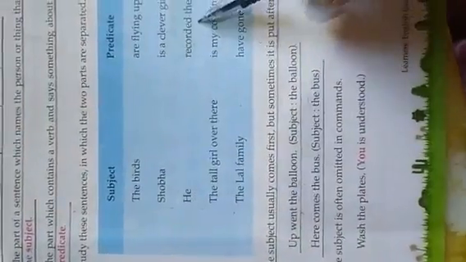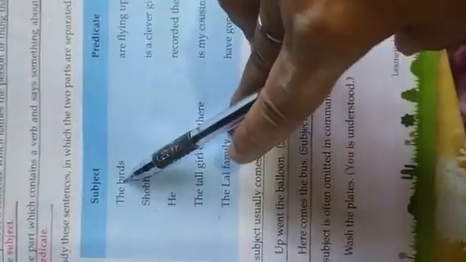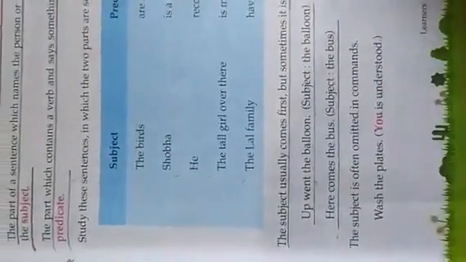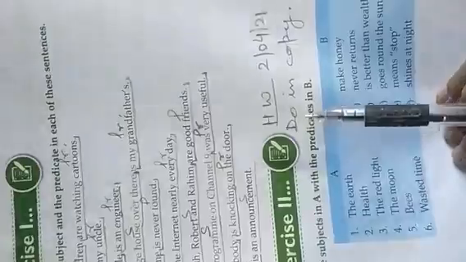But there are certain exceptions when the predicate can come in front and the subject can go at the back also. But these are exception cases, and we only have to learn that the noun and pronoun, the doer of the action in a sentence, is the subject. The receiver part is the predicate. So this is all. Here we had an exercise, this one, where you have to join the correct column with the subject and the predicate. So this all we have done, children.